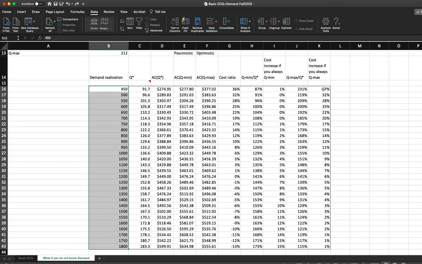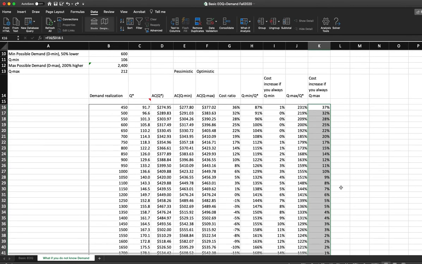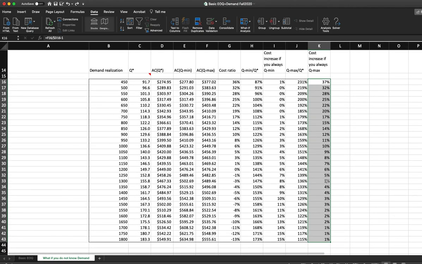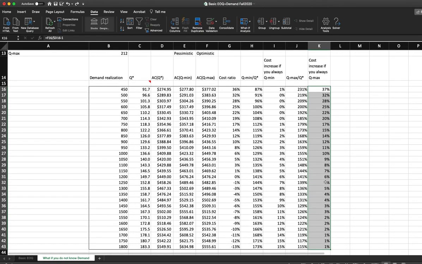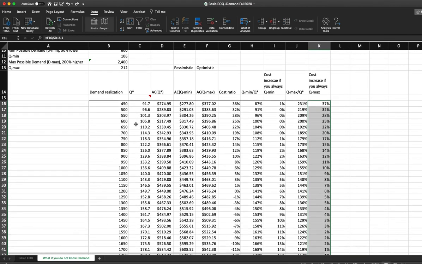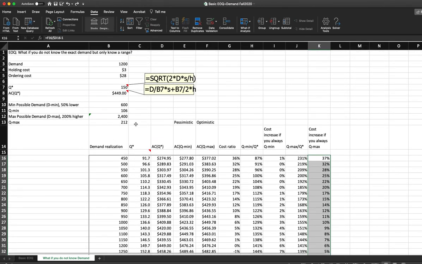Similarly, you can observe that for what we call the optimistic manager, the relative cost increase is much lower compared to the demand fluctuations. So I hope this spreadsheet and this sensitivity study illustrate this important point in